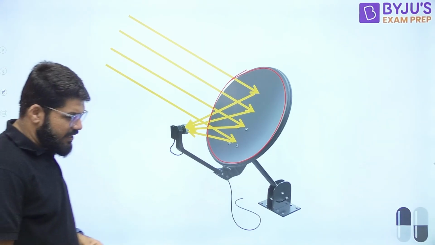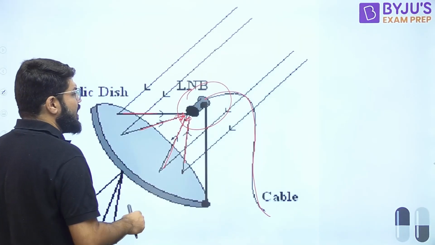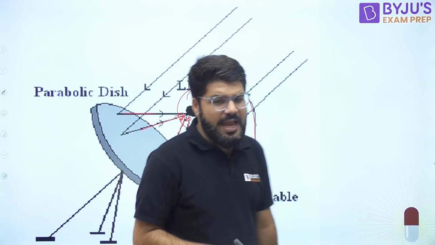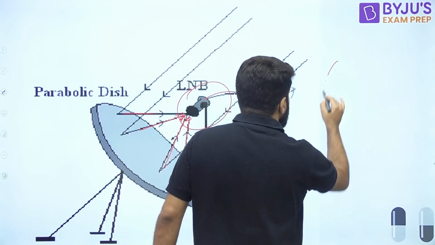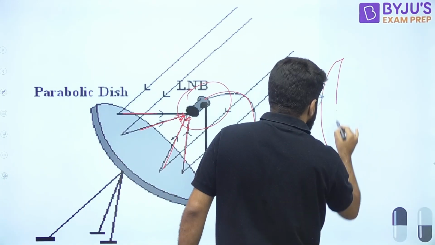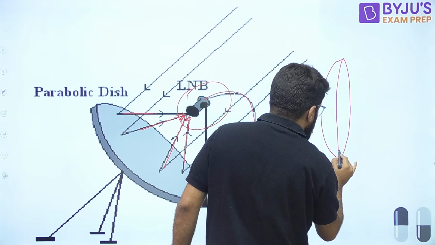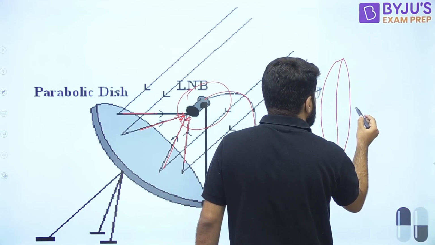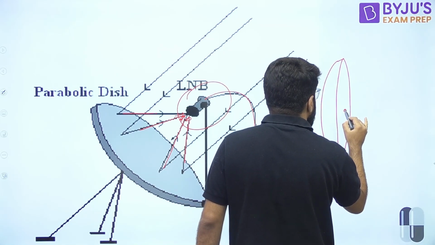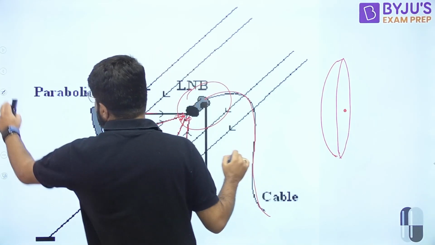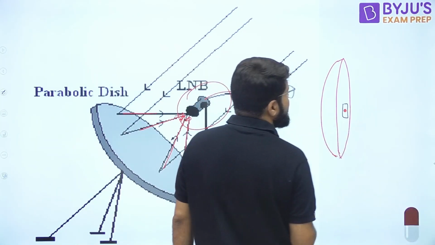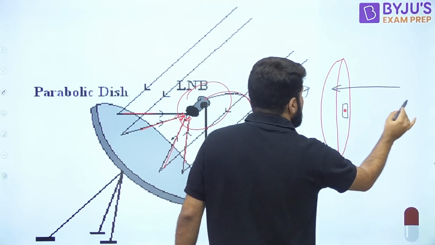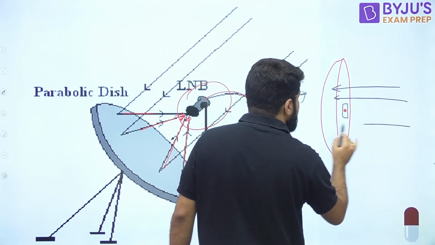Now, what is this offside feed? So guys, whenever you connect the feed at the center, what is potentially happening? Let us understand through a small picture. Suppose this is the parabolic dish, and you connect the feed exactly at the center. Then what possibility is there? This feed connected at the center, whenever the electromagnetic energy is falling over the reflector,